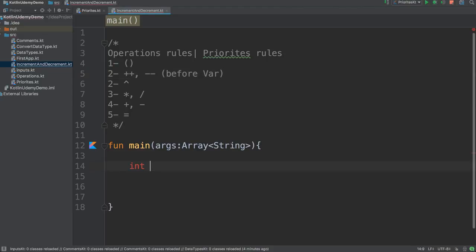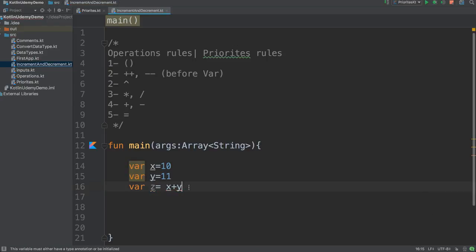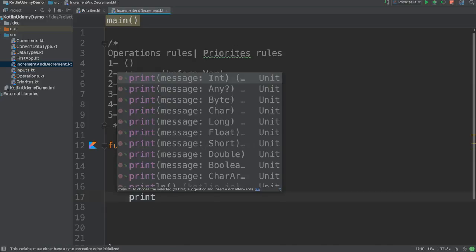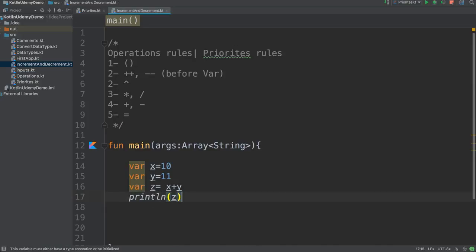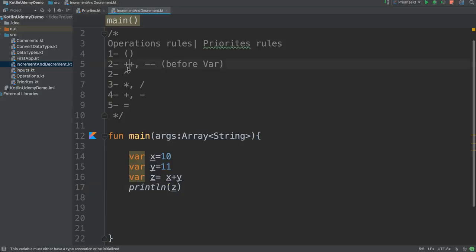What I mean by that, if I have a variable x equal 10, and I have variable y equal 11, and I have variable z equal x plus y. That means I'm just doing x plus y. I don't have something unique. I say println for z. This is a simple operation. But if I have plus plus before the variable, that means